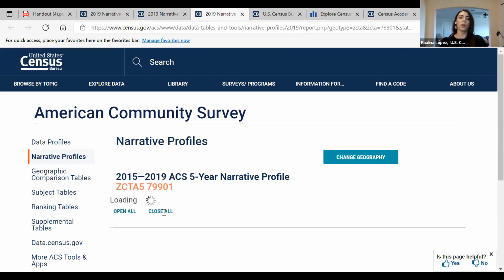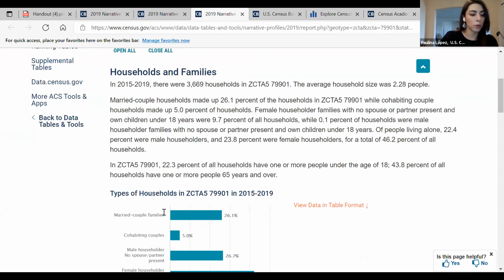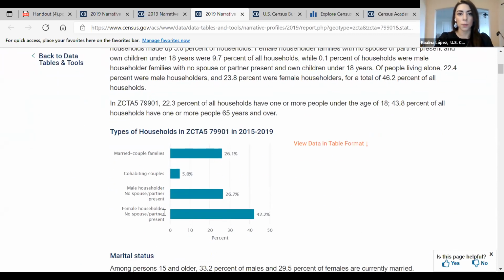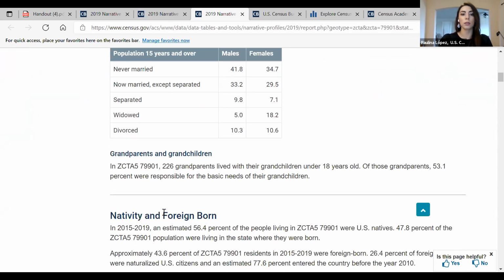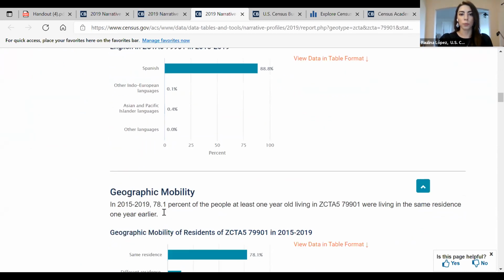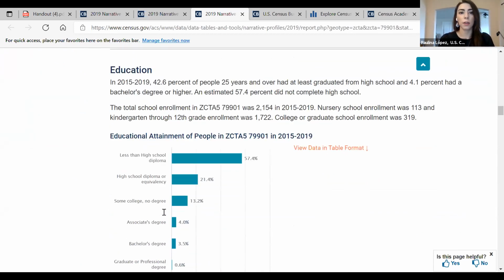So you can see, especially working with these communities, looking at the types of households, marital status, and languages spoken at home. So geographic mobility. And again, you can see if you have this local knowledge, you know that this is an underserved community in El Paso.